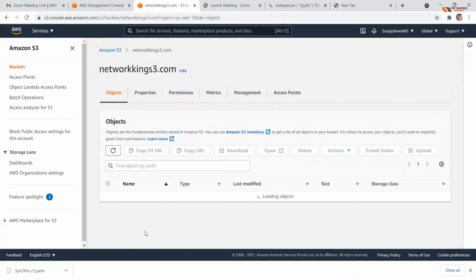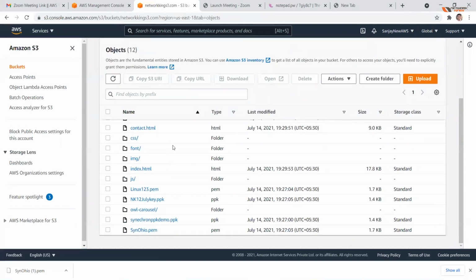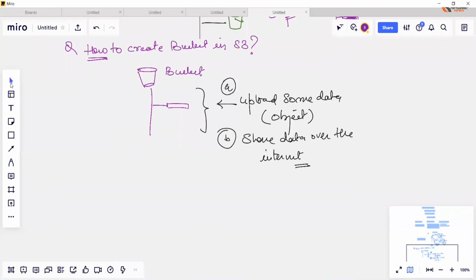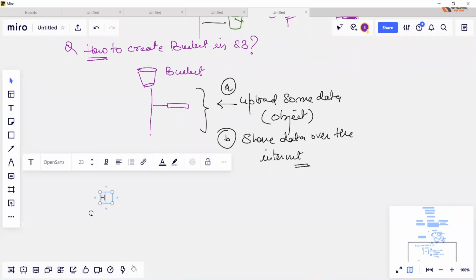Correct. And this is the template of your static website that you already uploaded in this bucket. So what I want to do is use this bucket to configure a static website. So how to configure a static website? Now, I will show how to configure